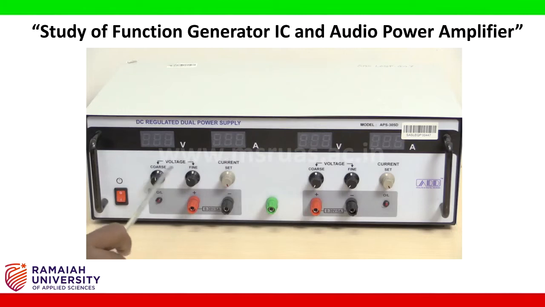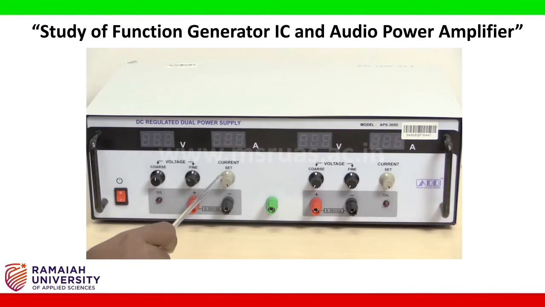So I'm going to explain what is this part. This is the voltage tuner and this is the current set tuner. In the voltage tuner we have 2 main categories: one is coarse tune and one is fine tune. If you want to tune your voltage to the maximum level, that will be done by the coarse tuner. If you want to tune the voltage at the minimum level, that will be chosen with the fine tuner